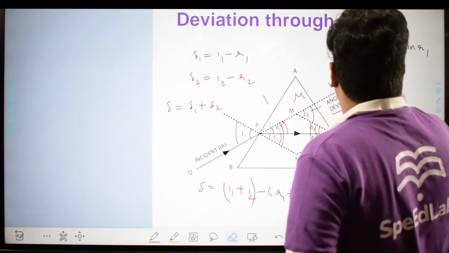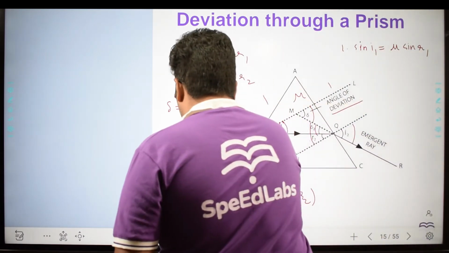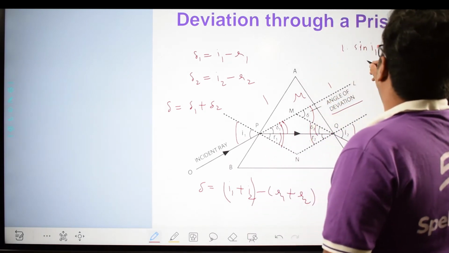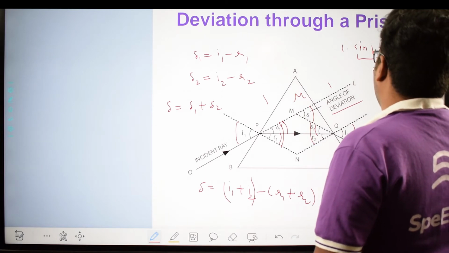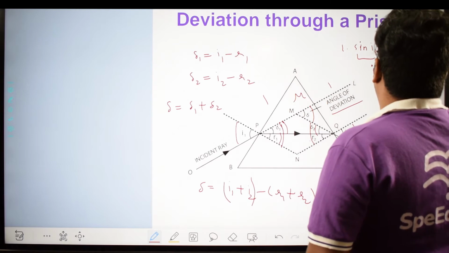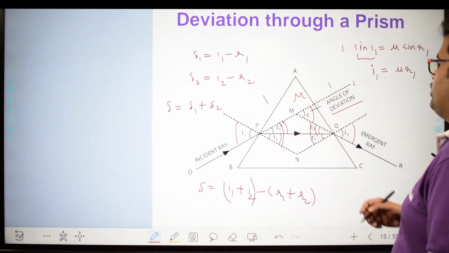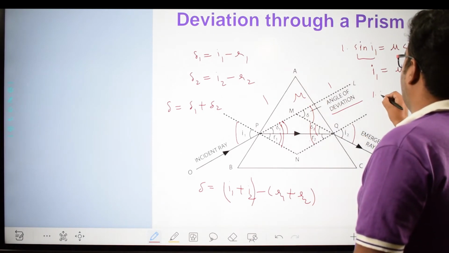Now when the angles are very small, sine theta can be taken as theta. So we'll have I1 equal to mu times R1. And similarly, if we apply Snell's law at this point,